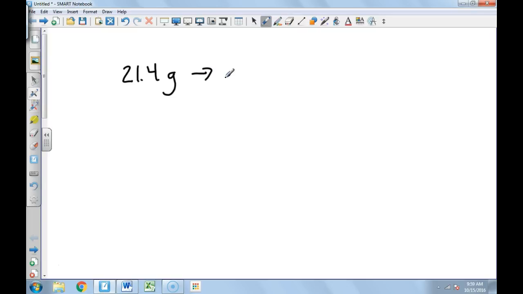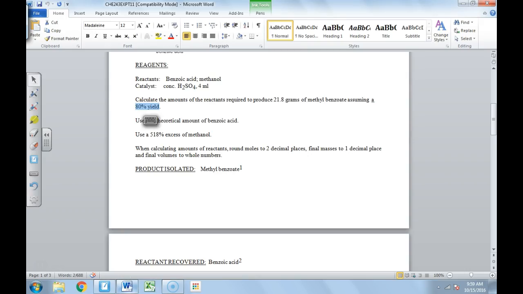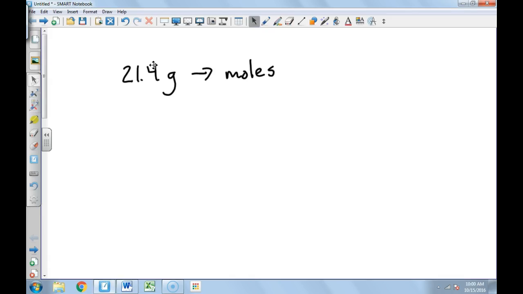You're going to convert that to moles, right? I just want to double check that that's right. 21.8 grams. Okay. 21.8 grams, you're going to convert this to moles. You're going to add 20%, because this is only 80%, so you're going to add 20% to get that up to 100,